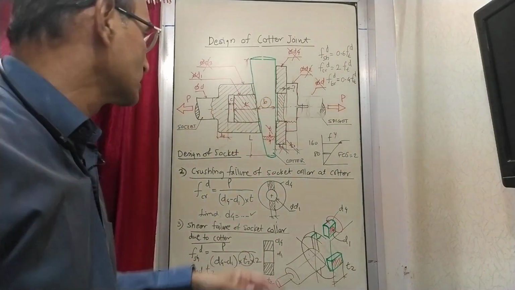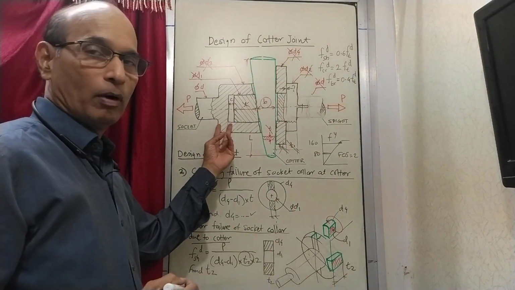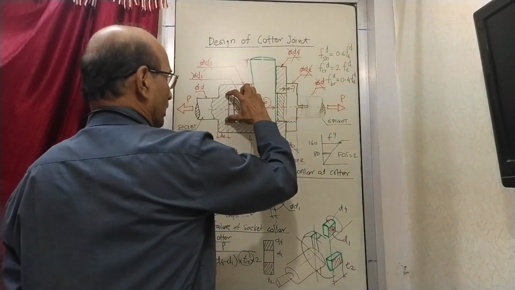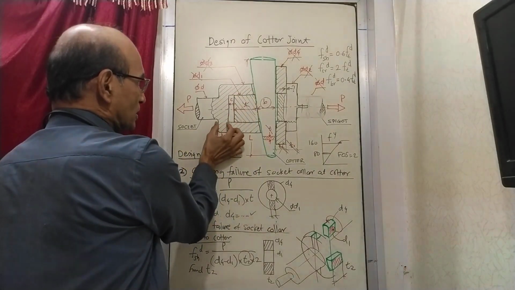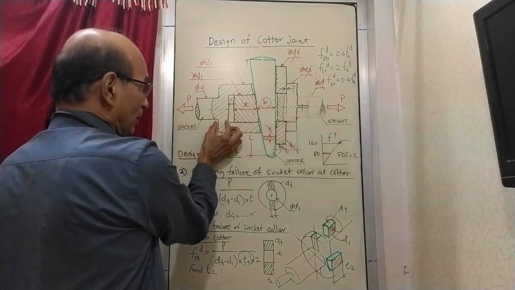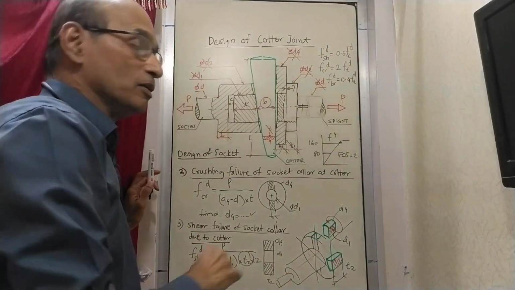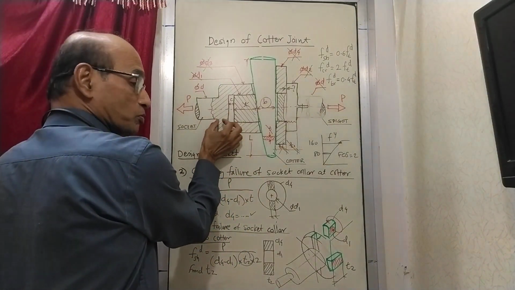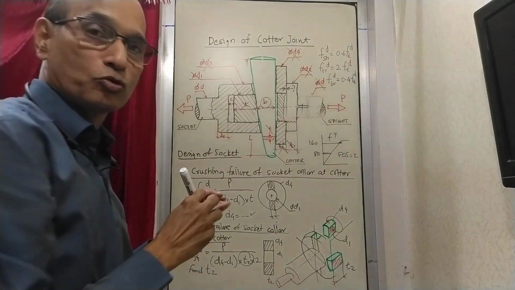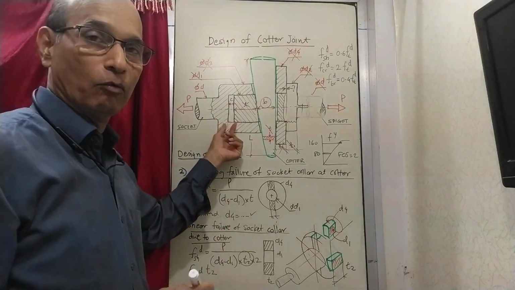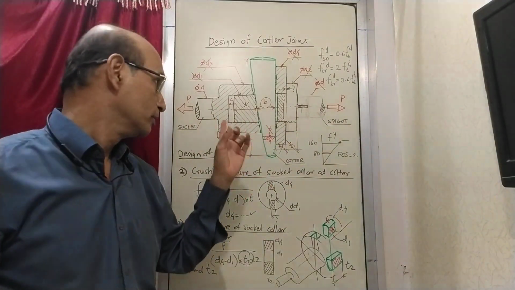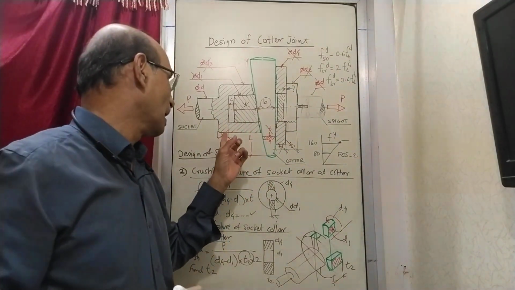Now what is remaining is the size L1 here. That means the hole which you are going to cut here, because of this hole, there is a material that is left. How much material is left here? That is decided. So what is the importance of this L1? How big you want it to be, how small is acceptable, that is to be decided. What should be the length of L1? For that, again the same thing, you have to think over how this will fail. What is the role of dimension L1?